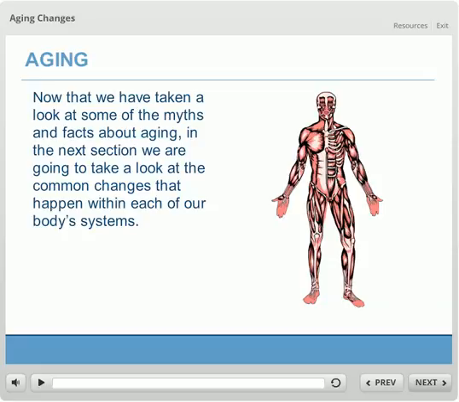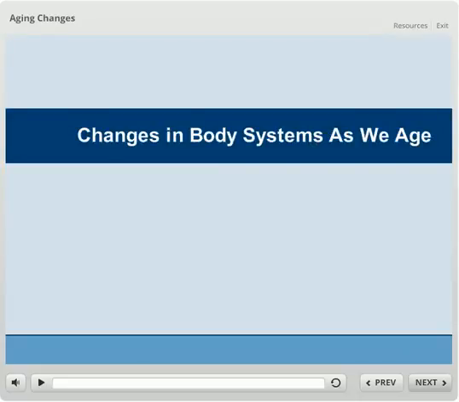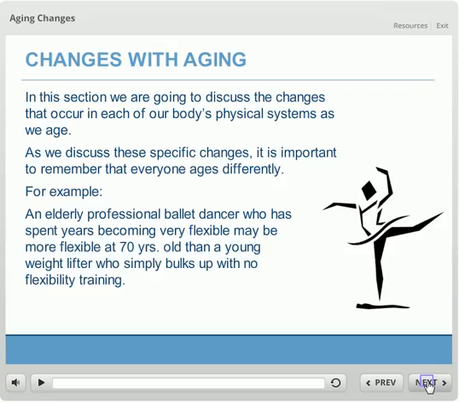Aging. Now that we have taken a look at some of the myths and facts about aging, in the next section we are going to take a look at the common changes that happen within each of our body's systems. Changes in body systems as we age. Changes with aging. In this section, we're going to discuss the changes that occur in each of our body's physical